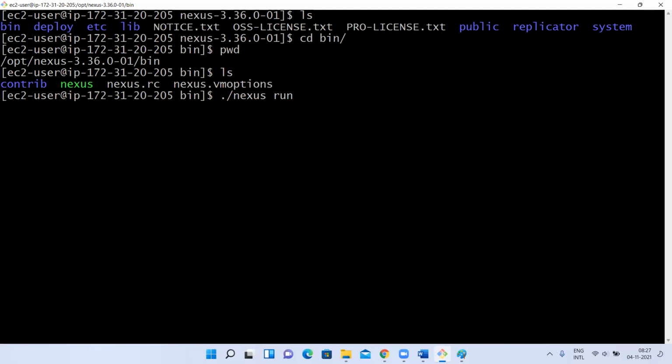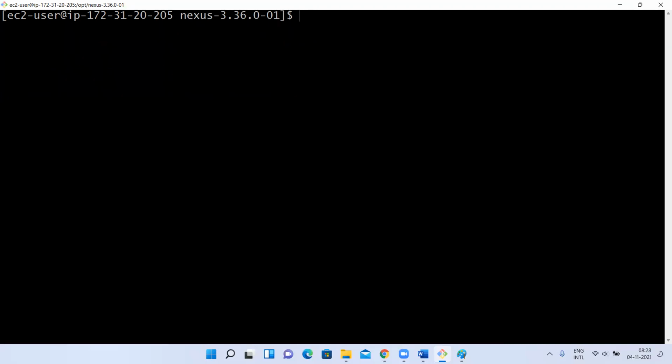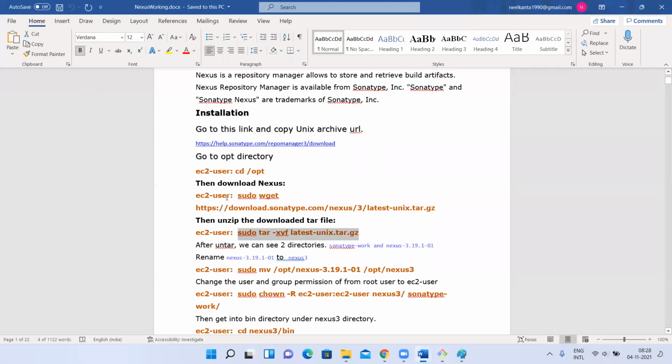I want to configure Nexus as a service, like how we did for Jenkins: service jenkins start, service jenkins stop. Like that, as a service, I want to configure this Nexus. Yes, we can do this. Nexus will give that support. But how to do that? Let me show you. So inside this opt directory,